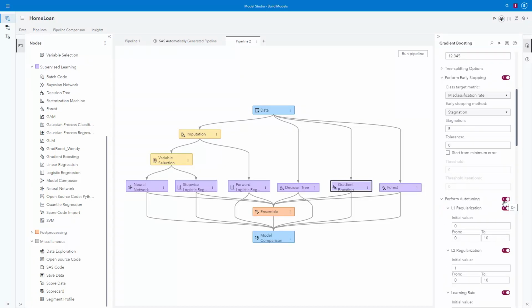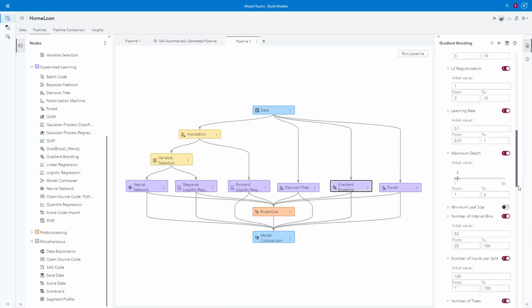This will automatically determine the best combination of values for these hyperparameters for you. This process uses an intelligent iterative search over the hyperparameter space using optimization techniques to minimize an objective function like misclassification error. It's training and evaluating hundreds or even thousands of models using distributed and parallel processing to do this